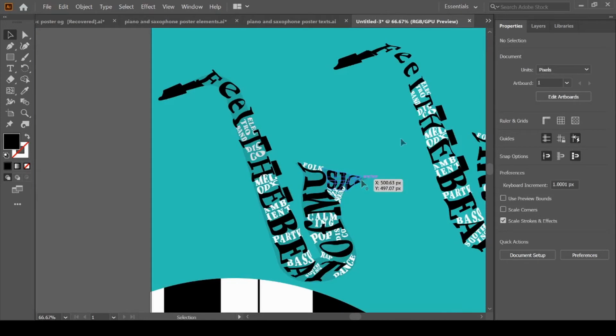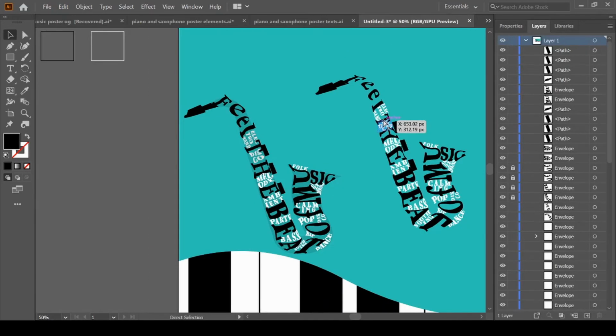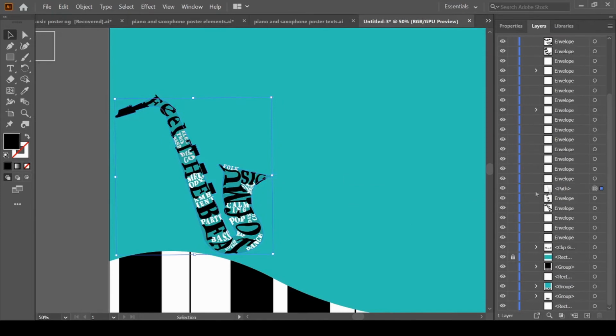Now you can delete the reference vector, this one, and also this one. Just delete this shape, we don't need it anymore. Select this one and hit delete.